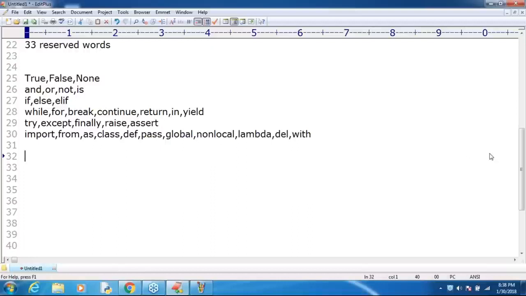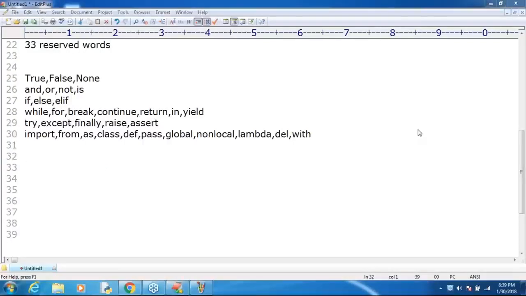So earlier I was saying one or two doubts, sir. Is pass the same as continue? No, sir. Rich Cohen asked, is raise like the throws keyword in Java? Very simple: raise is not like the throws keyword. Raise is something like the throw keyword. In Java, throw is there, throws are there. The equivalent of the raise keyword in Java is the throw keyword, right? Okay, that's all.